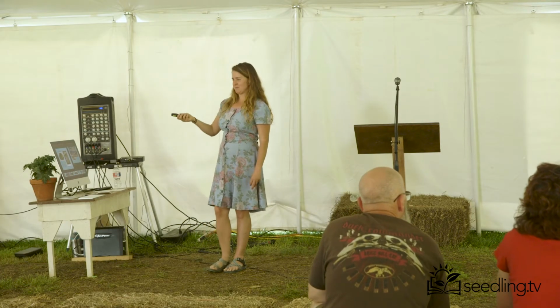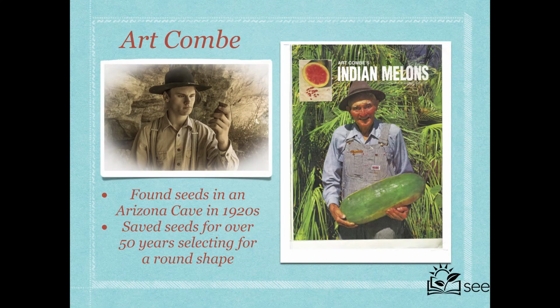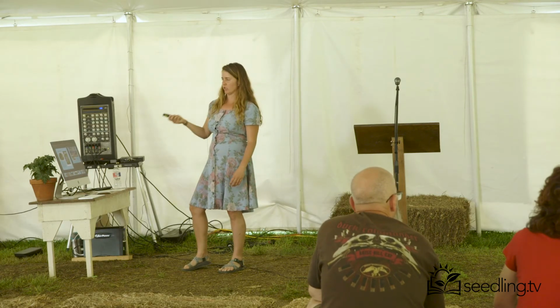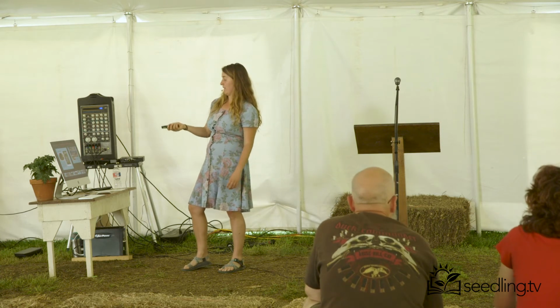So this is a reenactment photo. We made a really fun video about this story. And so this photo of this young man looking at this bottle of seeds, that is a reenactment photo. But as the story goes, as we read in this magazine, and we were told by Art Comby, the man who found them, his descendants,